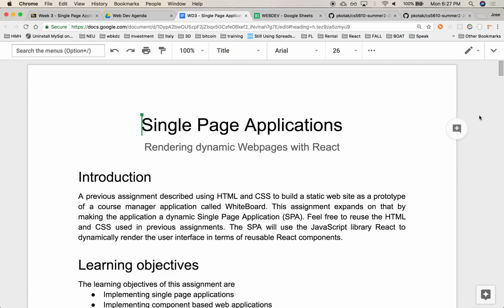All right, let's talk about the upcoming assignment. The upcoming assignment will give you a chance to play around with a single-page application, specifically implemented using React. Today, the more common way of implementing dynamic applications on the client is to use a single-page application